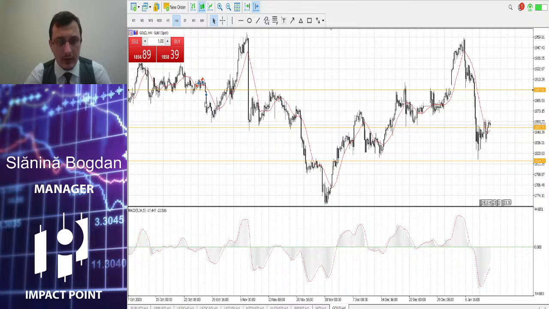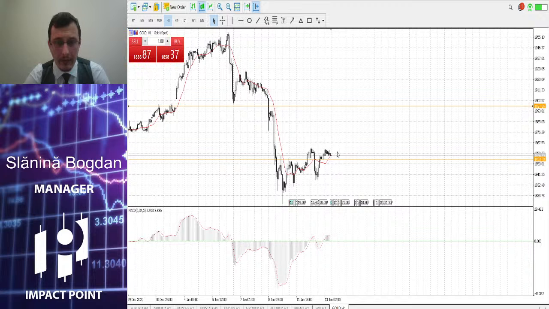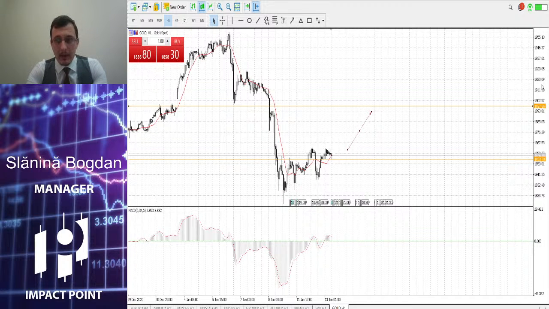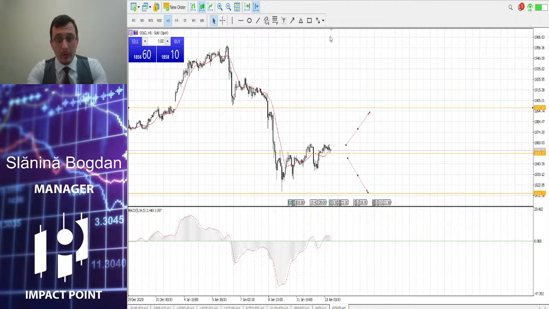We have a lot of rejections here, and let's look if we will have a buy opportunity, because here it is more likely a sell opportunity. But again, let's wait for a confirmation. If this level is broken here, we will expect a fall, or we will recommend more sell opportunities or sell orders. But again, let's wait for a good setup confirmation and candlesticks and so on and so forth.